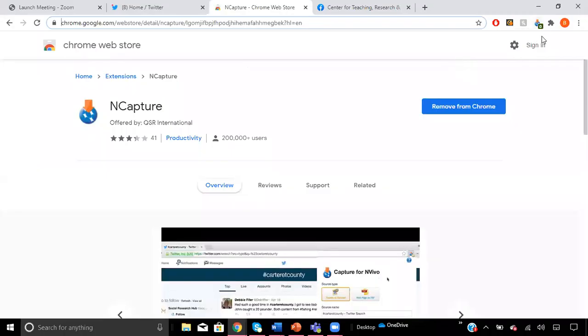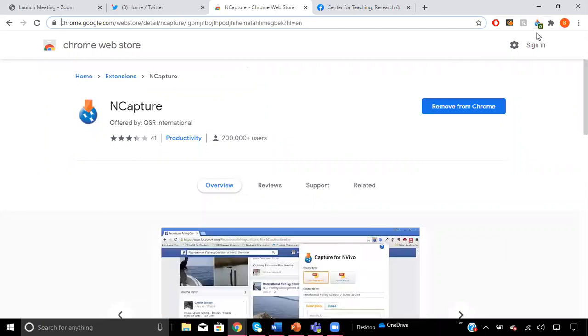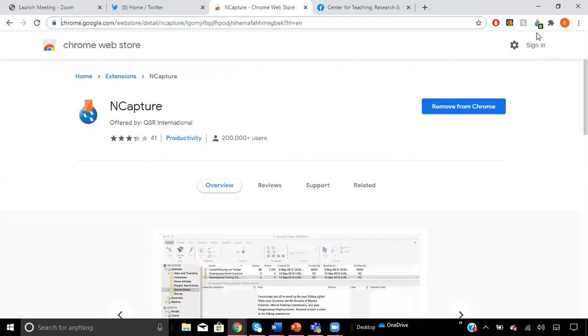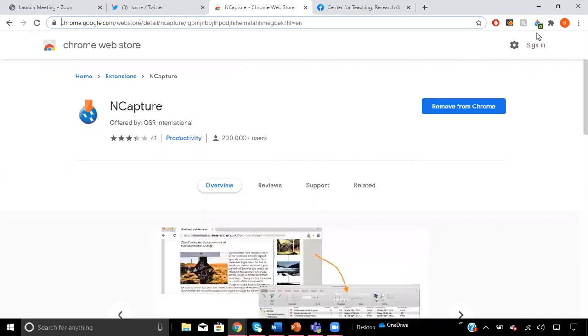So once this is installed, you should see the InCapture button at the top of your browser. This process would be the same for the Internet Explorer web store as well. Now, usually InCapture is downloaded automatically when you download NVivo.